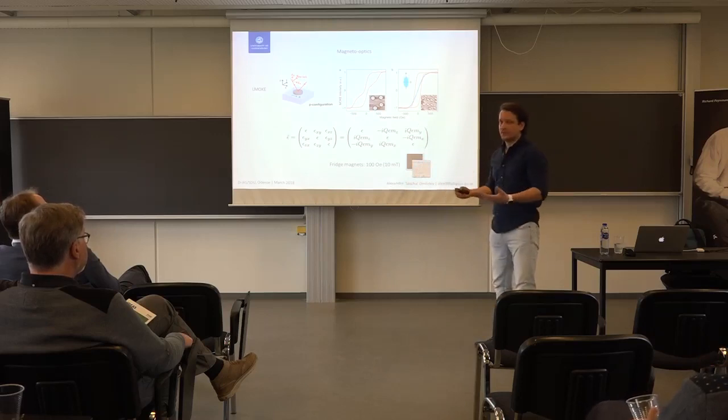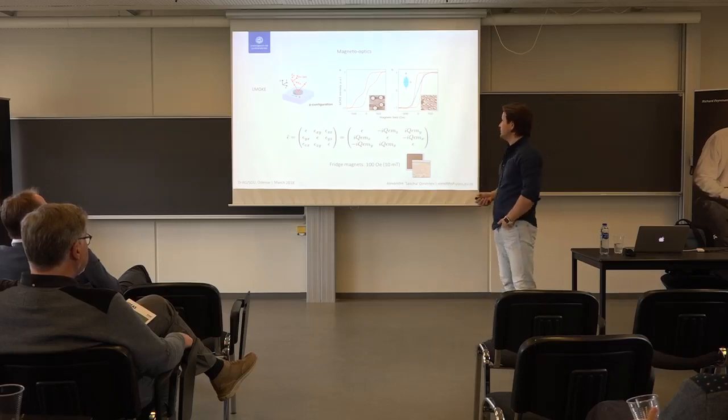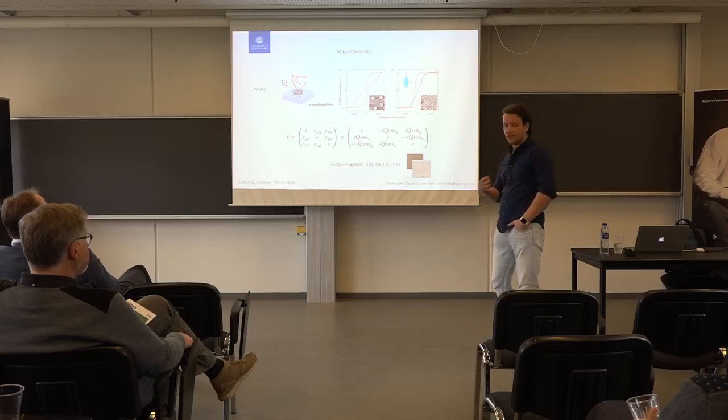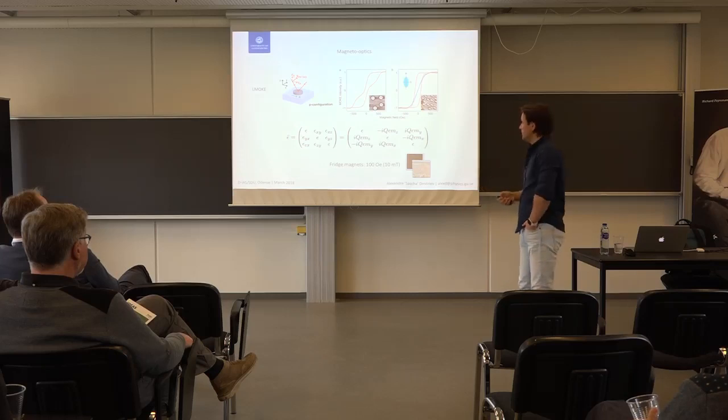And this, of course, is relevant for magnetic storage technology and in a lot of different technological applications. So this method was used throughout the years just to characterize magnetic materials. The reason why it rotates the polarization is that you have a material whose electric function looks something like that, so it has non-zero, non-diagonal elements. The plasma resonances would exist here at the diagonal elements. Changing them would change the color, all these plasmonic effects.